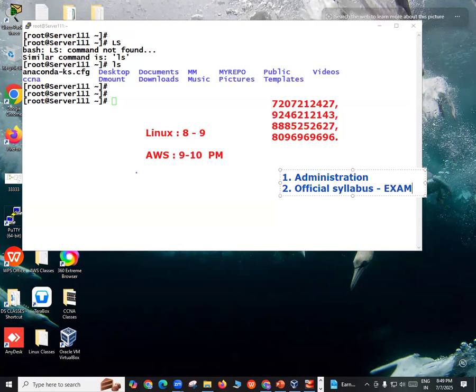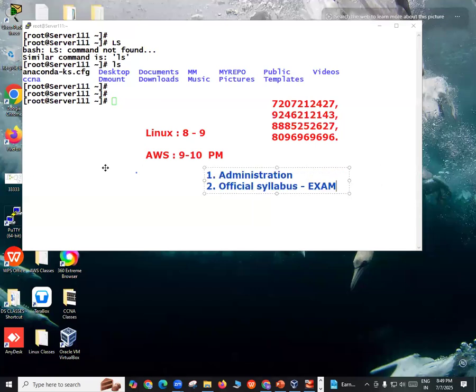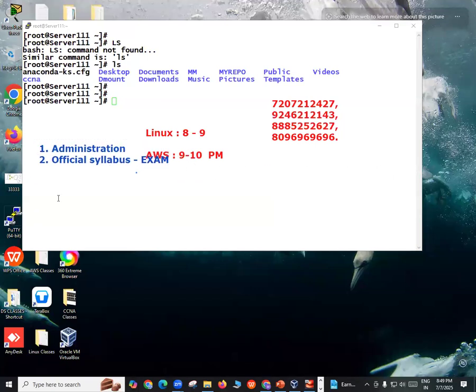Especially the Linux server administration exam is a bit different. For example, if you do CCNA with me, you can just go with CCNA and write the exam. If you go with AWS, you can go with the AWS exam directly. These are different things. But coming to Linux administration, my friend, if you want to write the examination, first of all, they will ask you to take a voucher, which you have already taken and it expired, like you said. And the second thing is they will ask you to take the training in that particular center only.